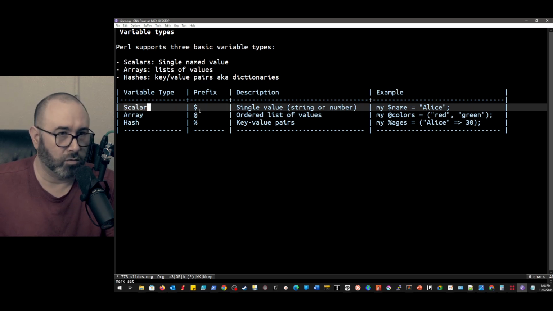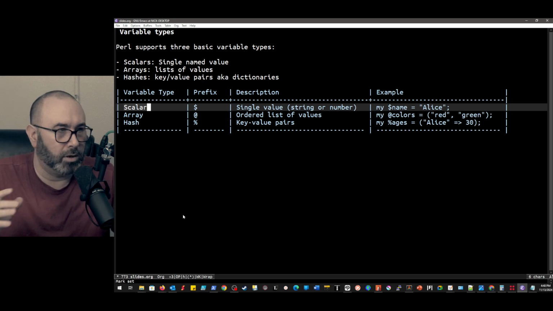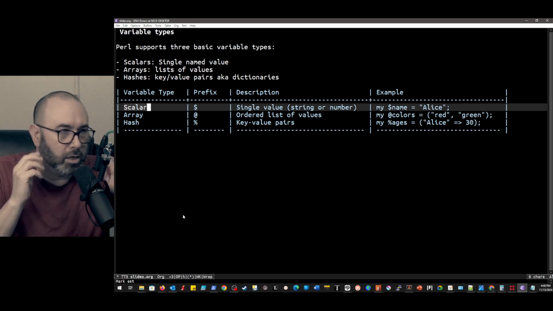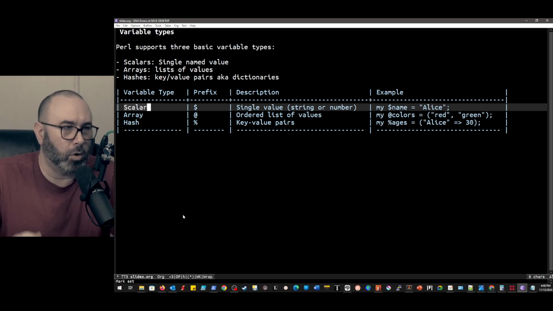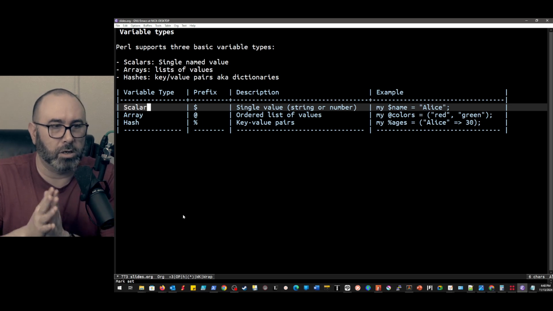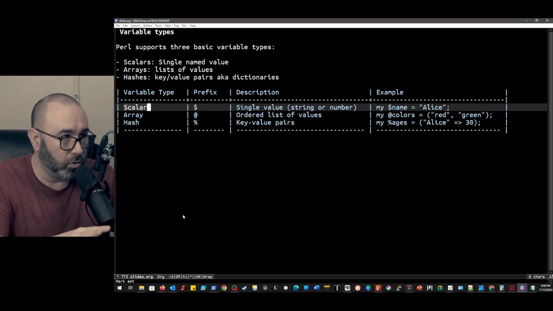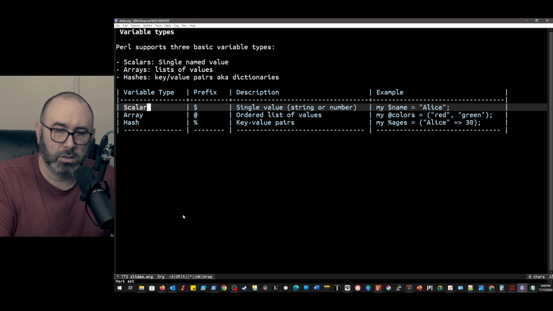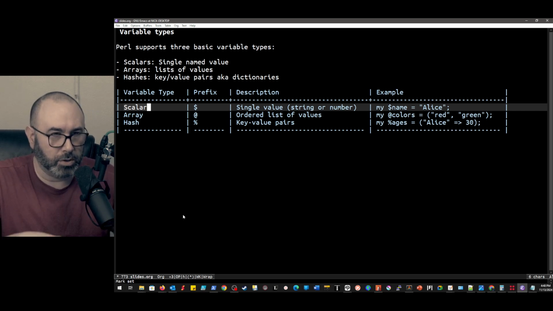A scalar is kind of what people think of as a normal variable. So this is going to be a single named value, right? So this could be a whole bunch of text, or this could be an integer, right? This could be a float value. All of those are going to be under the umbrella of scalar. Now we can do things like casting of variables and defining types and all that kind of stuff if you want to, but it's not required in Perl.